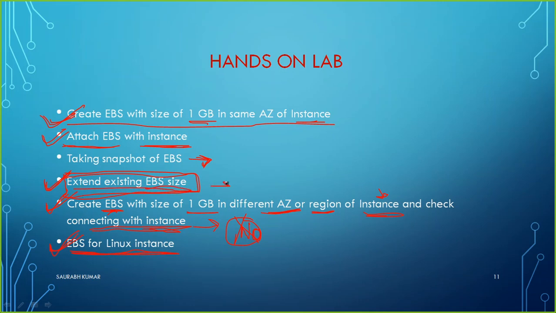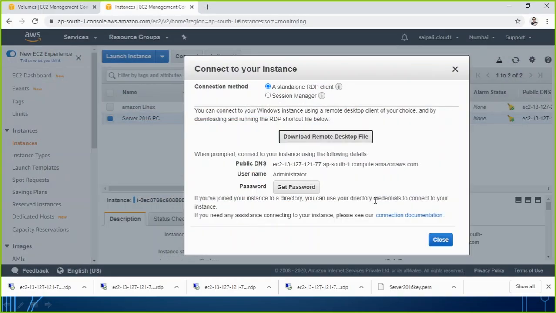So the EBS which was attached by default was 30 GB before. We extended it to 31 GB. Then we attached a new hard disk of 1 GB there, and then we changed it to 3 GB. So we have done 2 experiments. We extended both of these hard disks and it was successful. Now I am just going to show you how to take a snapshot of any EBS. So let me perform that.